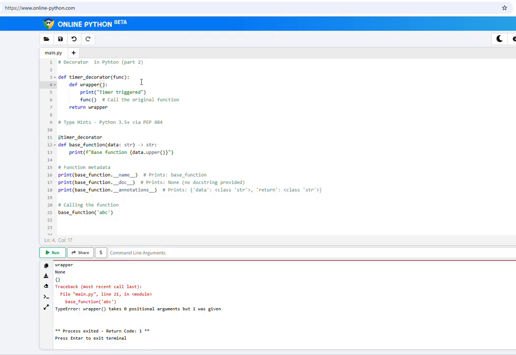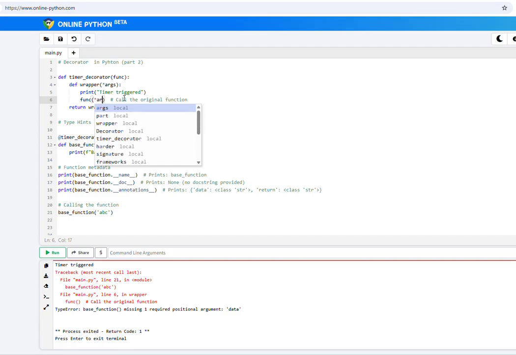So what I need to do is say star args, and if I run it again we'll get an error because we also need to put this parameter here, args. If I run it now,